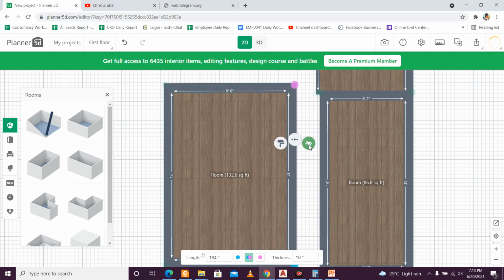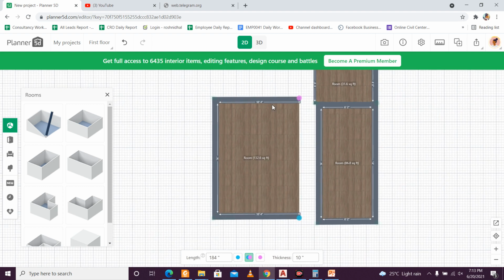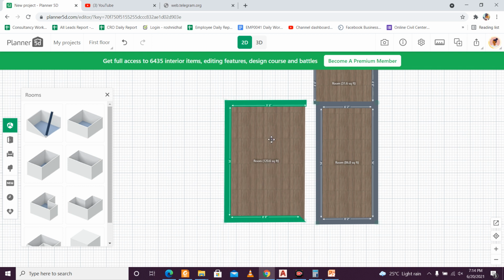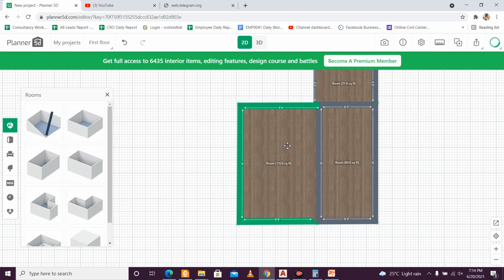Or else let me just delete this, and after that we'll make any changes you want. This will be 9 feet 6 inch, and after that this will be 14 feet. Double click on this and join this like this.